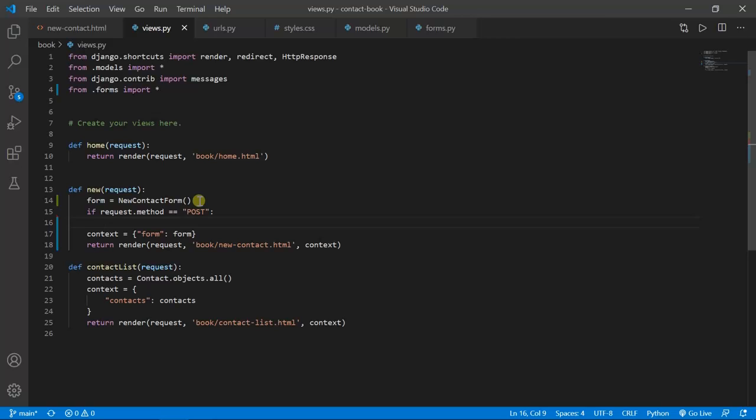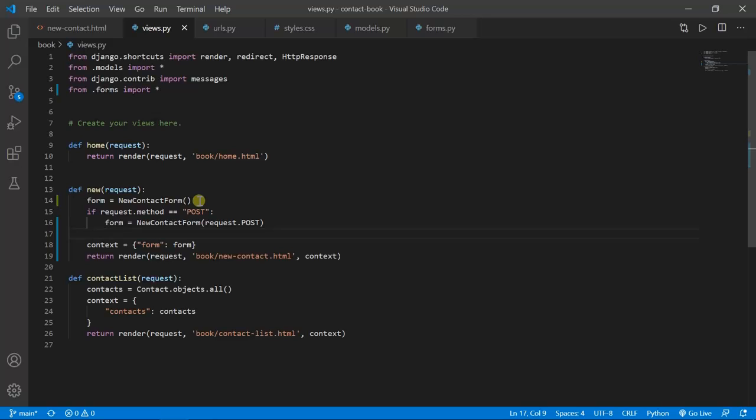So we will create another instance of form which will be equal to the same new contact form which we had created, but the instance will be request.POST. That means the form which the user has submitted. Then we will run a quick check if the form is valid or not. If form.is_valid,